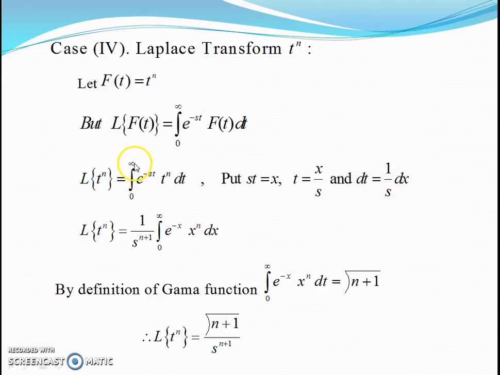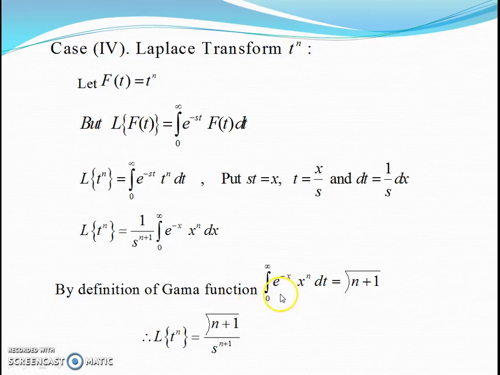As t tends to 0 to infinity, then x also tends to 0 to infinity. By making this substitution, we get Laplace transform of t raised to n equal to integration 0 to infinity e raised to minus x into x raised to n upon s raised to n plus 1 dx. Take 1 upon s raised to n plus 1 outside the integration,